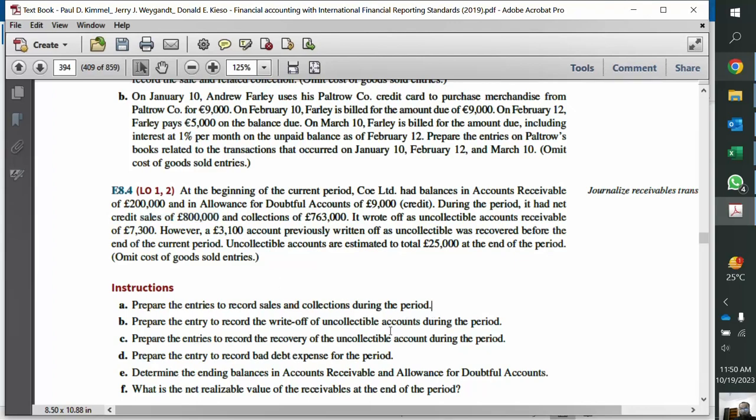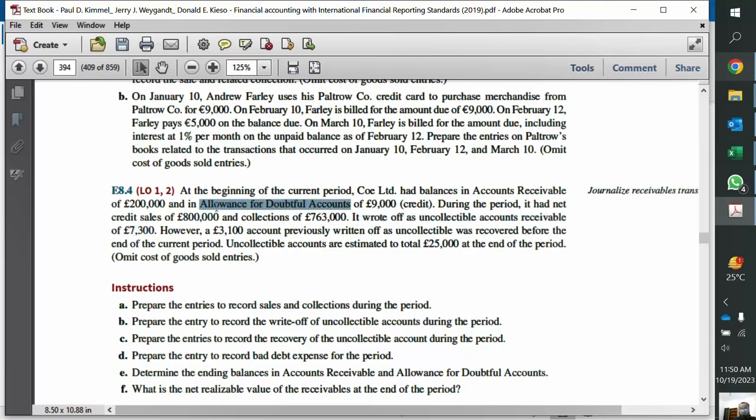Prepare the entry to record the write-off of uncollectible accounts during the year. So since the allowance account is already there, it means they are actually using the allowance method, and in the absence of any information you have to assume that they are using the allowance method. So under the allowance method, if we write off any account, if a customer is confirmed not to pay, we do not debit that expense. So just see those two videos, immediately preceding two videos again, or maybe three videos. We debit the allowance account and we credit the account receivable account. So that amount which we have put in allowance account as an intermediary parking account, now we confirm that this customer is not paying, so we reduce the allowance and reduce the receivable. So the entry will be allowance for doubtful accounts